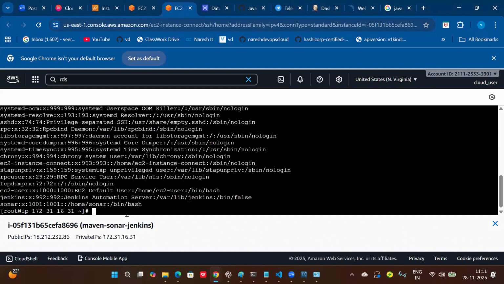See, in the Linux class we already discussed, there are three types of users in Linux. Normal user, system user, other user. A system user is created when you configure any system. Jenkins installation, Jenkins user created. SonarQube installation, Sonar user created. Now Jenkins pipeline runs on which user, guys? Normally Jenkins runs on which user? Jenkins user only. Understand? Jenkins runs the entire process as the Jenkins user only. Now tell me,